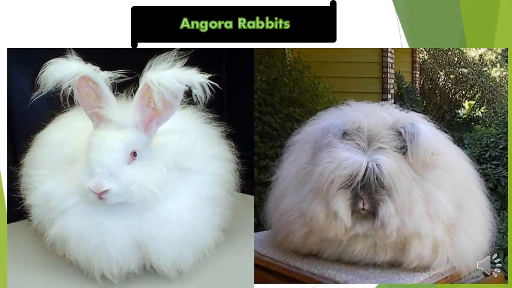Angora rabbits are such cute animals. You can see only their mouth and eyes, isn't it? So it looks like it is made up of snow, right? Such a clean and white fleece grows on their body, and these fibers are also used to make shawls, which are very rare and costly. You can see they have very silky and very shiny fibers.